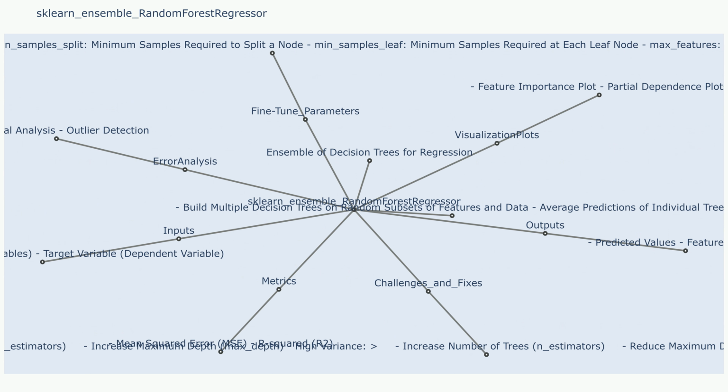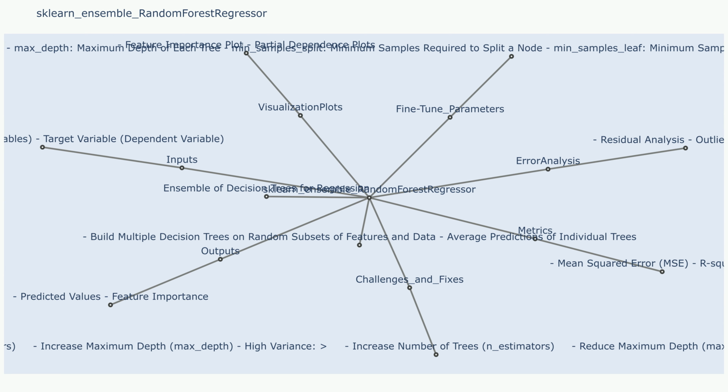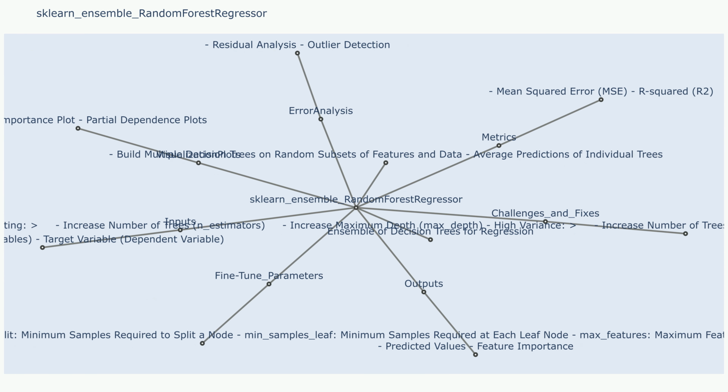Uncertainty methods. Uncertainty method 1. Out-of-bag (OOB) prediction provides an estimate of the model's prediction uncertainty by averaging the predictions of trees that were not trained on a specific data point being predicted. Uncertainty method 2. Confidence intervals for each prediction. A confidence interval can be constructed based on the distribution of predictions from the individual trees. The width of the confidence interval reflects the uncertainty associated with the prediction.